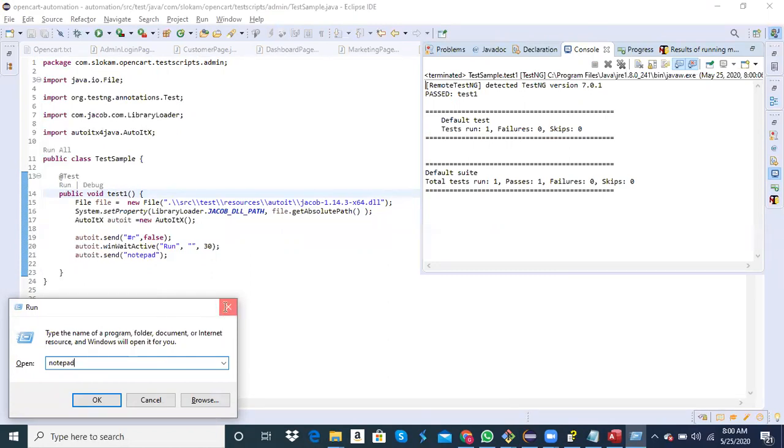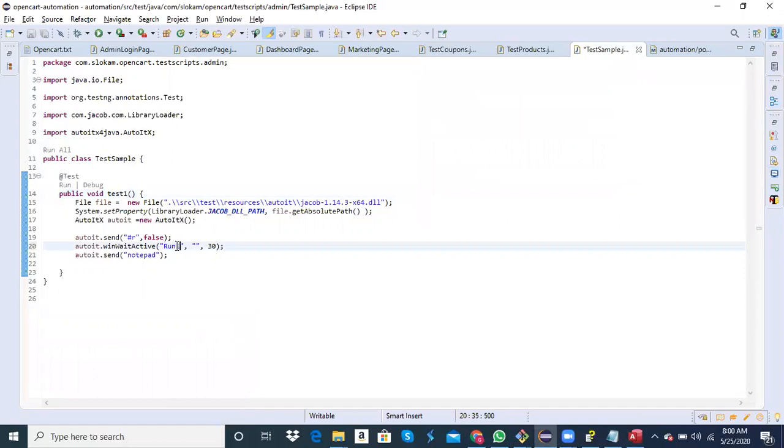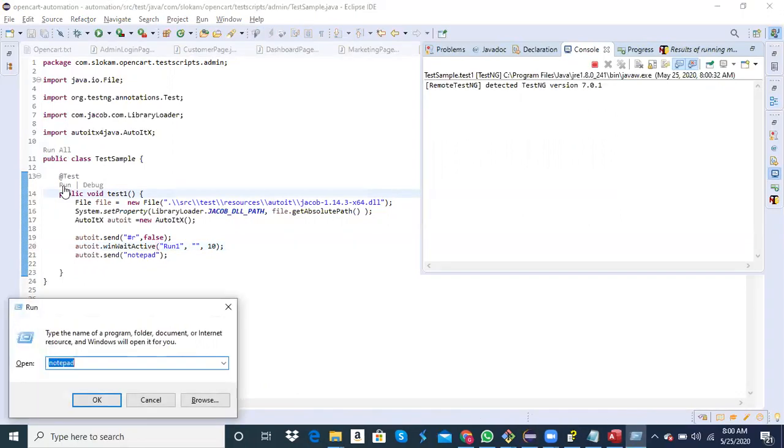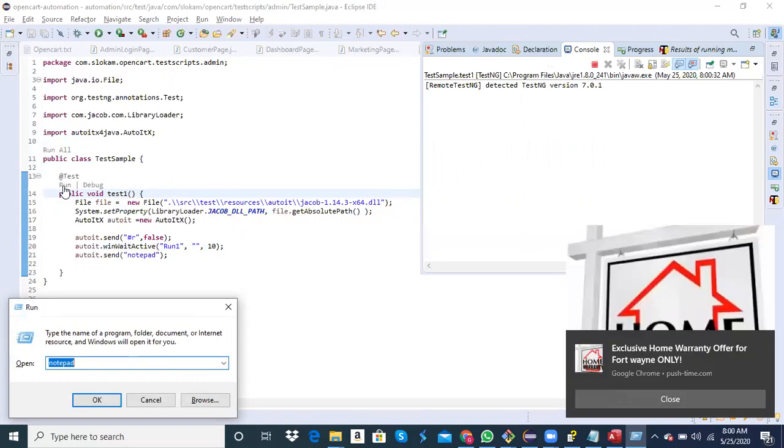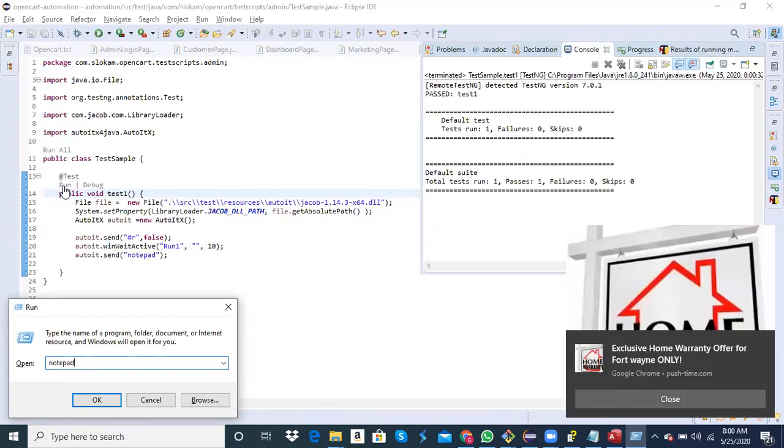And let's say you are waiting for a window, and that window is not available. I'll give wait for 10 seconds and then run. See what happens. This is a negative scenario. You should know what happens if you don't find the window. It will wait for 10 seconds.